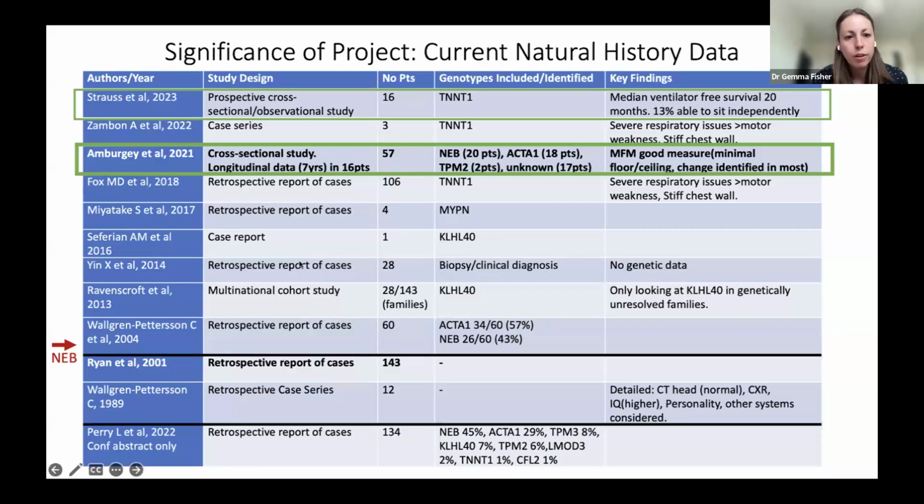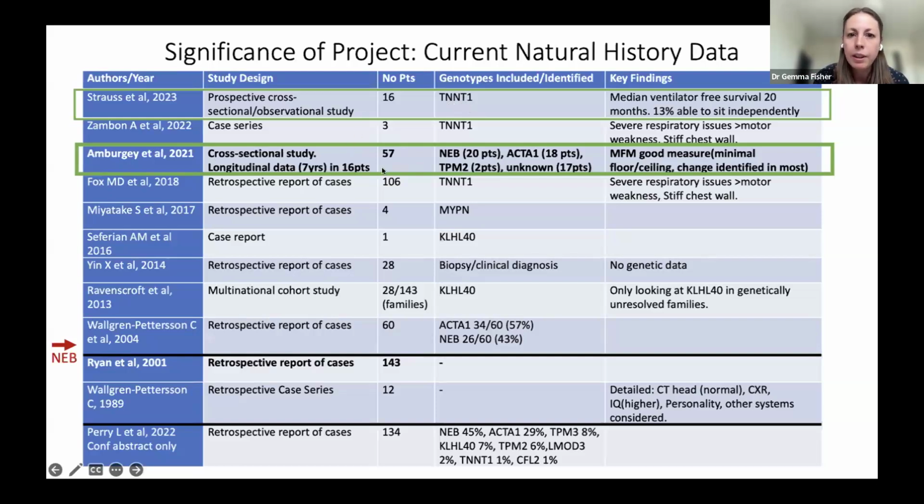What's most useful to note about this table is that most of the studies are retrospective. So that means that people have looked at the notes of patients with Nemaline myopathy and looked backwards to see how things have changed for that patient throughout their life. There are a couple that are highlighted in green that are prospective. So people have looked at patients at one point in time and then gone on to assess them again in the future. The one at the top has 16 patients with TNNT1, which is one of the less common genetic